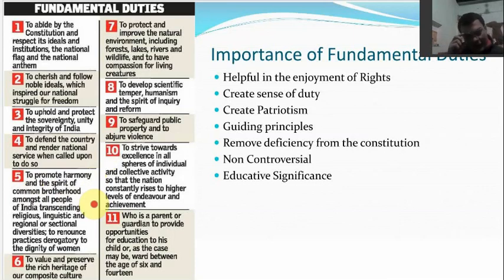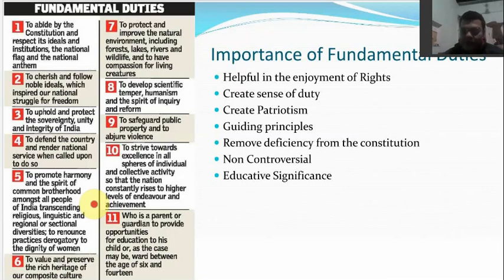Important thing here is that we all are aware of this fact that India is a very diverse country. We have all sort of religions. We are actually birthplace of multiple religions. Linguistic, there we have 22 constitutional languages, and you can just not count how many languages there actually are in India, and other sects as well. So these diversities can lead to a lot of divergence as well. We can get divided, but we cannot let that happen.